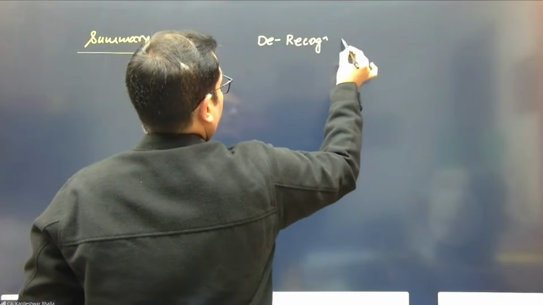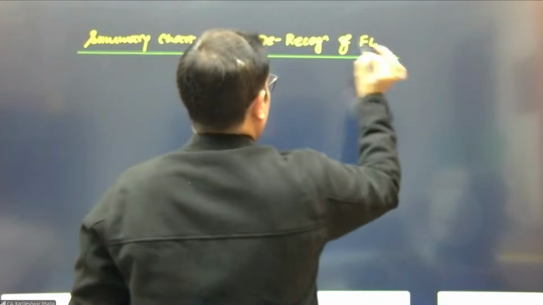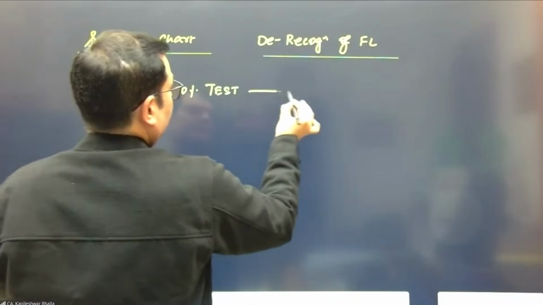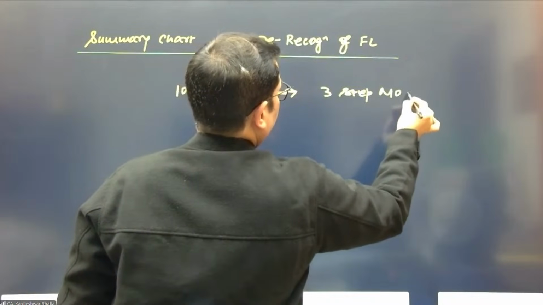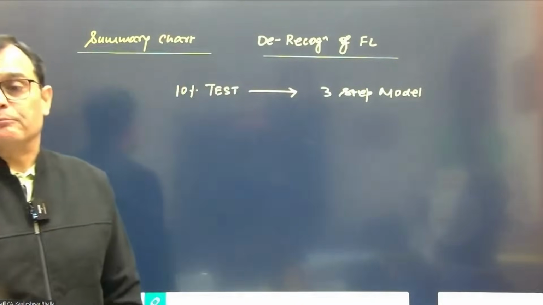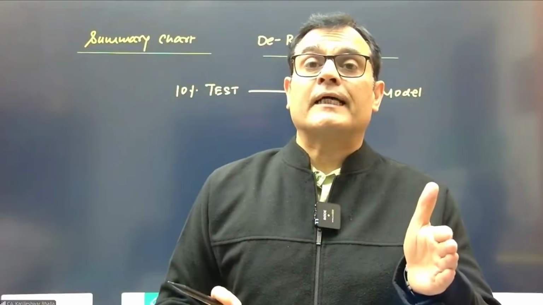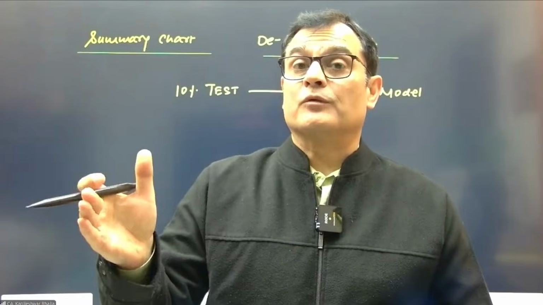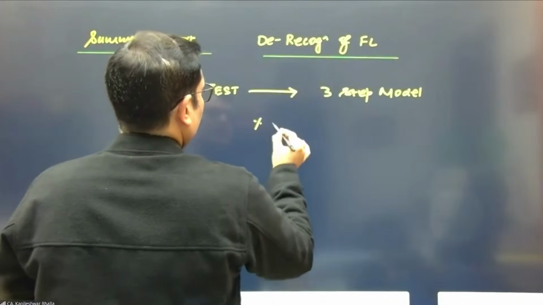In terms of derecognition of financial liabilities, you are required to conduct a 10% test, which I've already given you, is based on a 3-step model. I'm not summarizing that input now. The 3-step model is already given to you. In step 1, you take the original cash flows, original discount rate. In step 2, new cash flows, original rate plus TC, get the variation. So once you get the percentage variation,